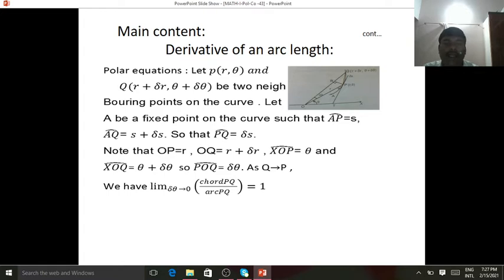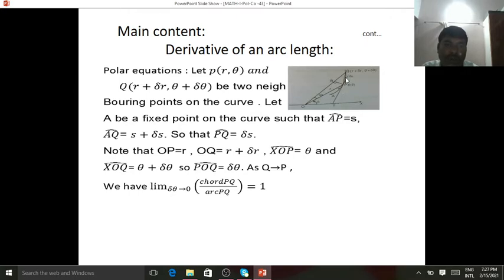Let A be a fixed point on the curve such that AP is equal to S and AQ is equal to S plus delta S,